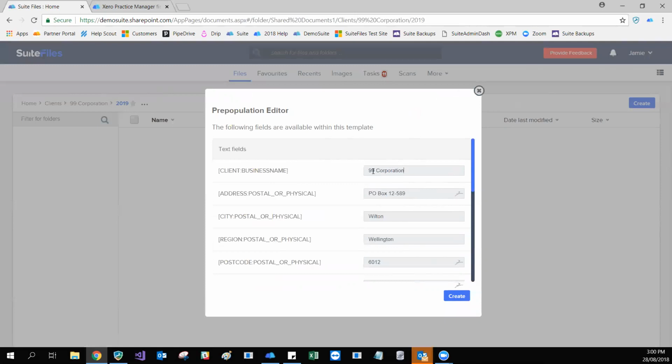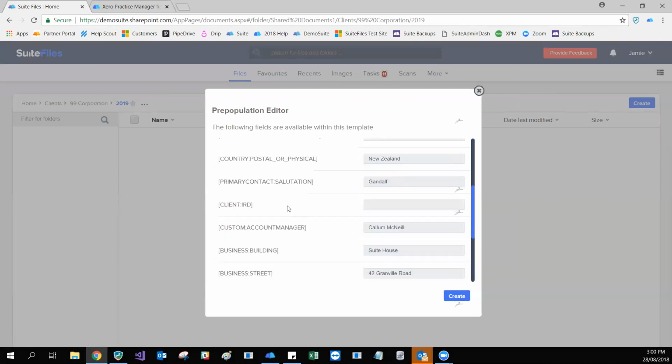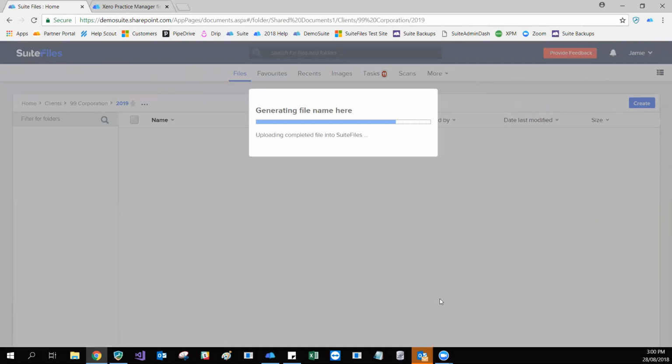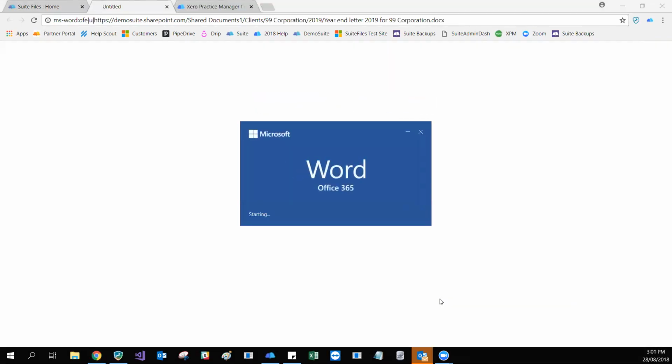That's because we selected that client. That's what the file is going to populate with, that 99 Corporation client. It's showing us what's going to fill in with those merge fields we have in our file template, and it gives us an option to override or manually enter our own information for these merge fields. So for example, let's say the client IRD merge field here either doesn't exist in Xero or we don't have information for it for this particular client. What we can do is manually enter in our own information here like so. And when we click the Create button, it's going to use that for populating that file from that template,